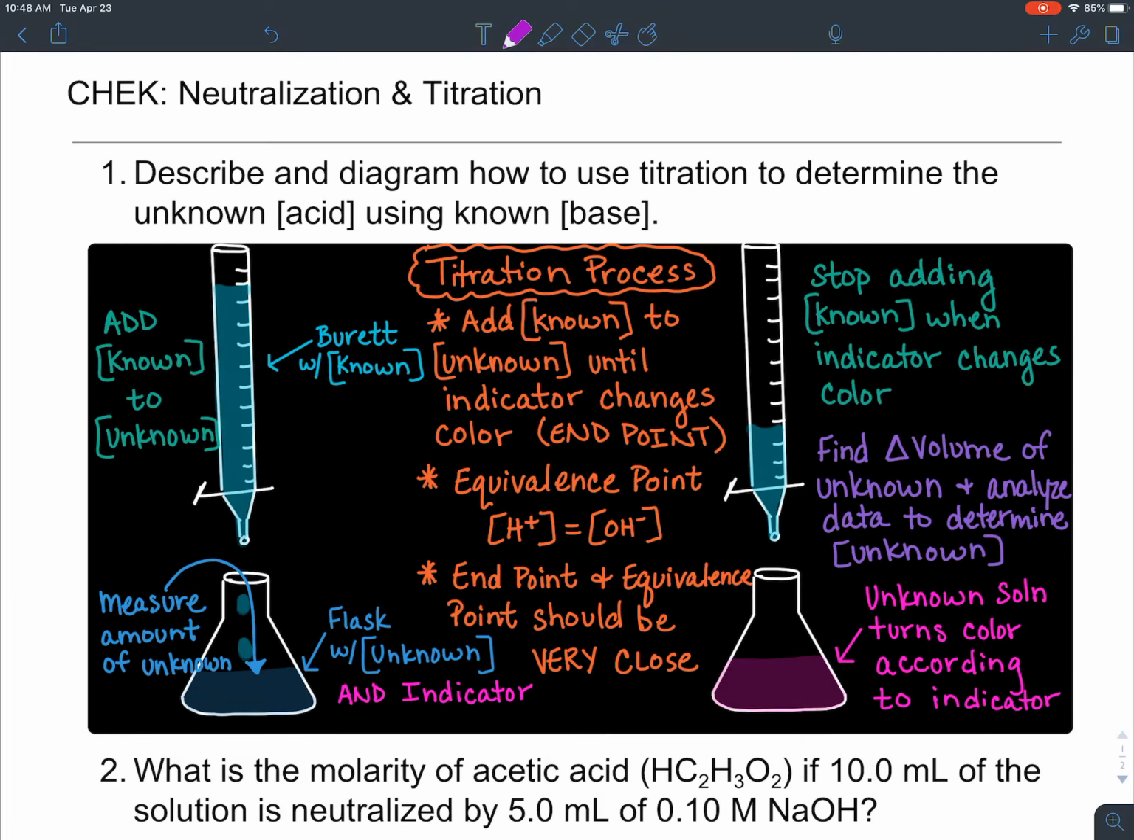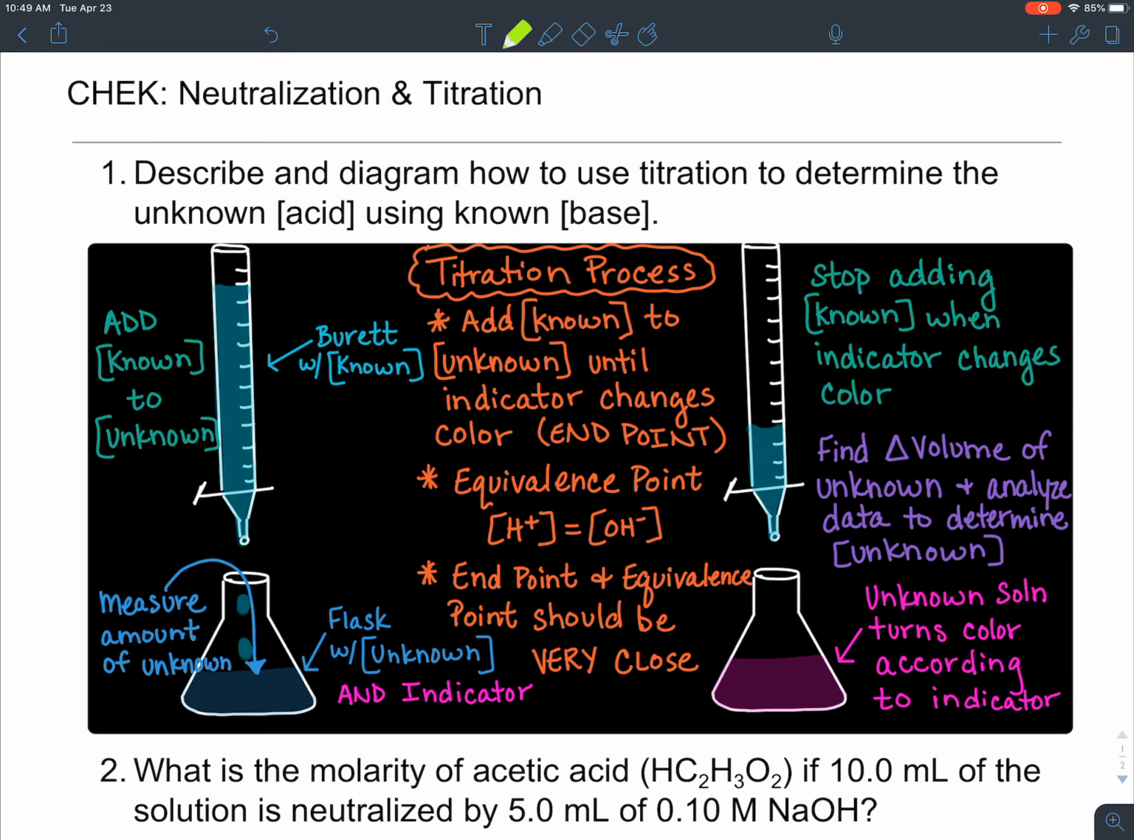Let's take a look at this check on neutralization and titration. The first question asks you to describe and diagram how to use titration to determine the unknown concentration of an acid using the known concentration of a base. In this diagram, I have added a little bit of description, and so on the left-hand side, you'll see that we have our initial setup with our burette, and inside of our burette, we have, in this case, our known